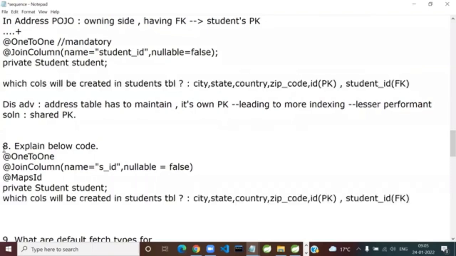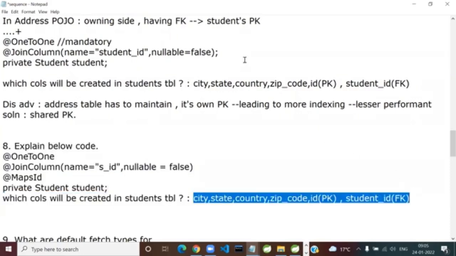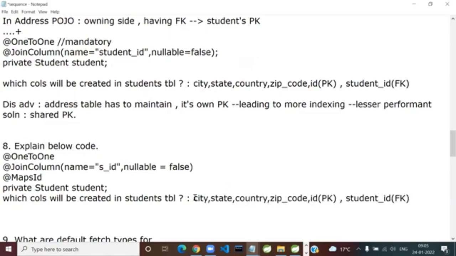So after adding this, can you tell me which columns will be created in the students table? I've given you this. You add, subtract, whatever. Change or no change? The answer is of course change. So this is no change. Everyone knows that. Will there be any separate ID column? No. The student ID itself will act as both a primary key and a foreign key. Here we are using the student ID, which has the same value as the student ID, and that itself will reference the primary key. It will become a completely shared primary key.